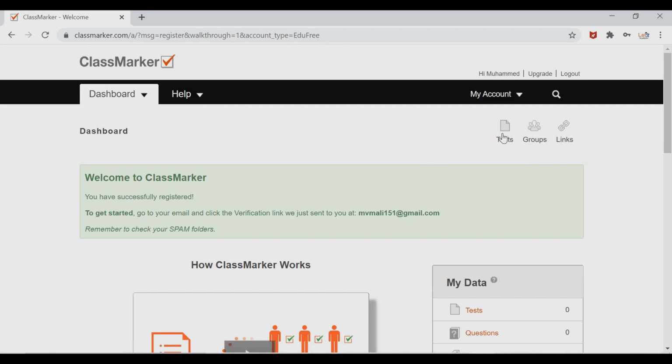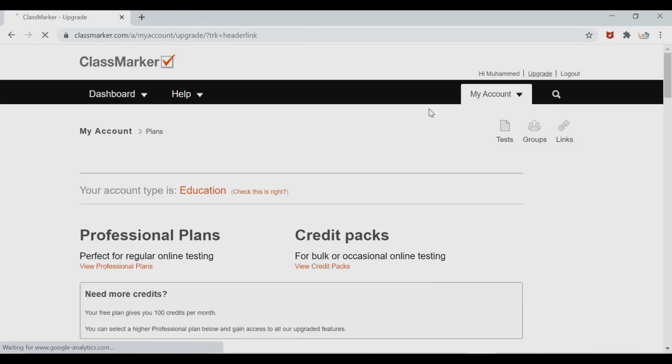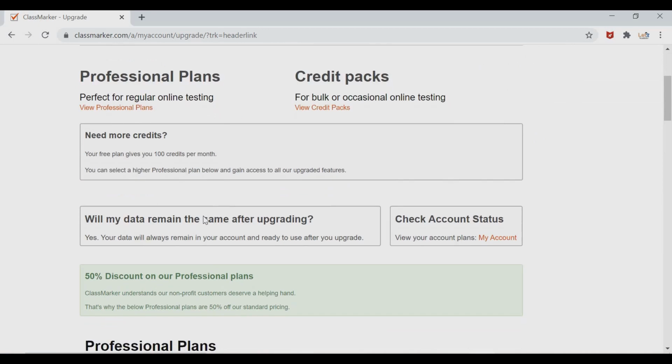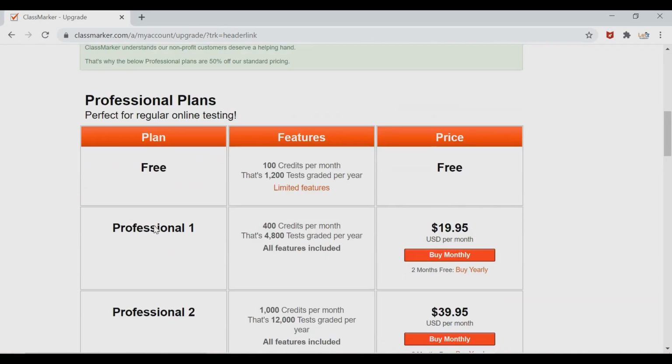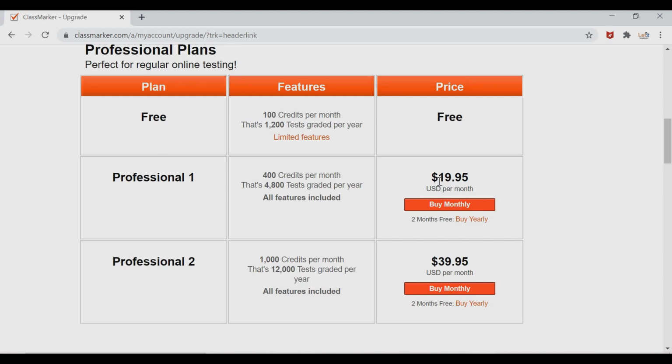So remember, if you are using a free account, and actually now we are registered in the free account, the features will be limited. But if you upgrade your account, you will have a lot of features. Here you can see the different types of plans, but these plans are a little bit expensive because it is almost 19.95, that means almost $20 per month.